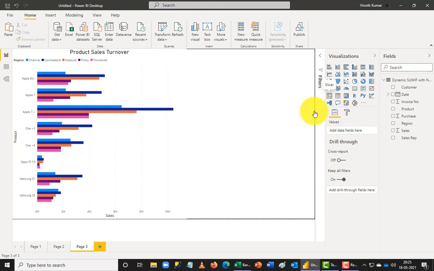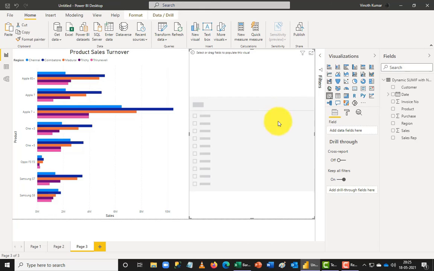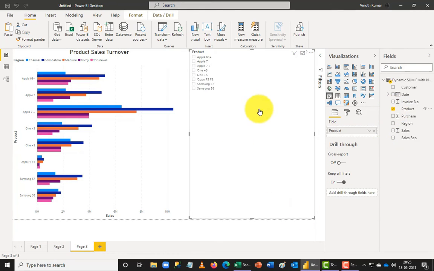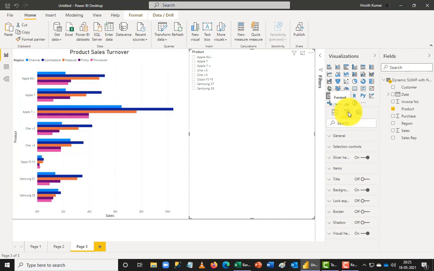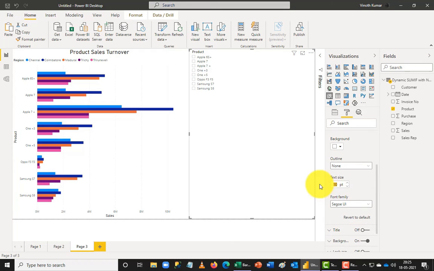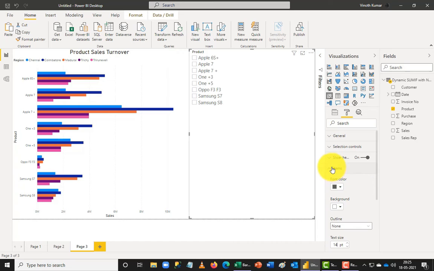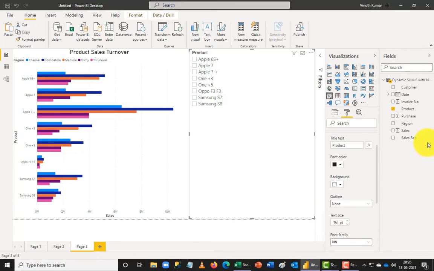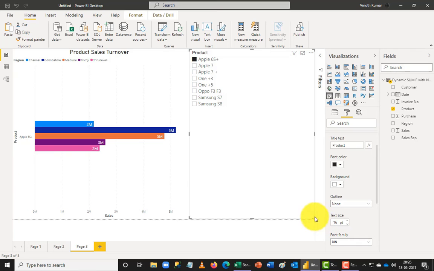So I'm going to add a slicer to my data, and when I add a slicer, I'm going to add a product here. So now my products will show this list, and you can make the slicer settings also in the same pattern. So I'm going to make the slicer size 14, and you can see them better, and I'm going to make the header of the slicer also 14 here, or maybe 16, so it will be a little better. So now I'm going to pick the iPhone 6 Plus. Now we can see the data bar coming correctly.